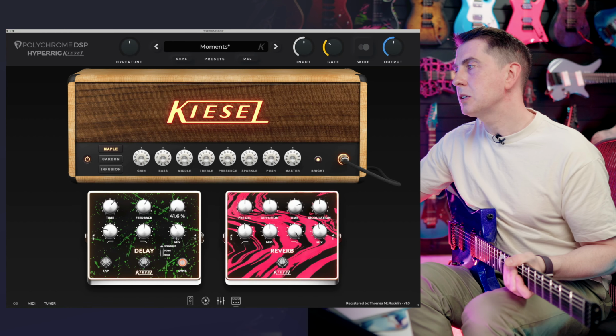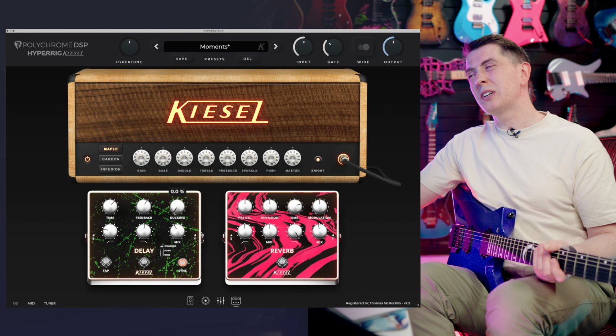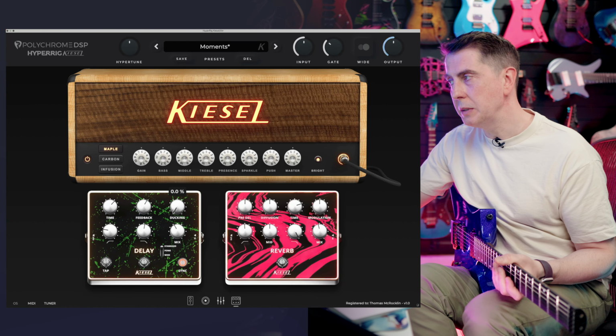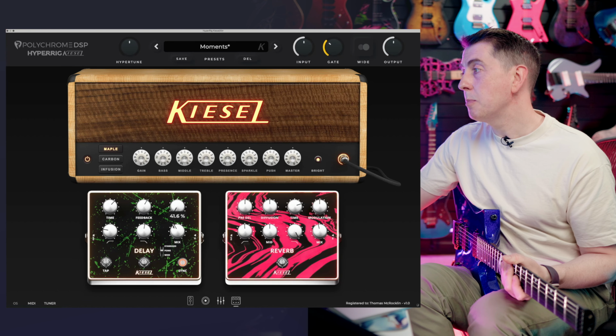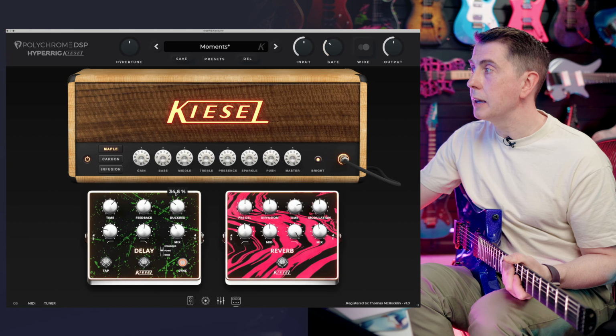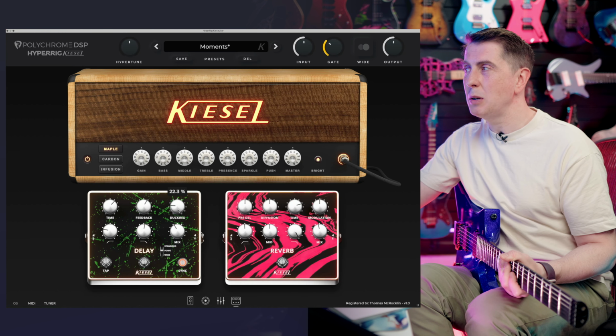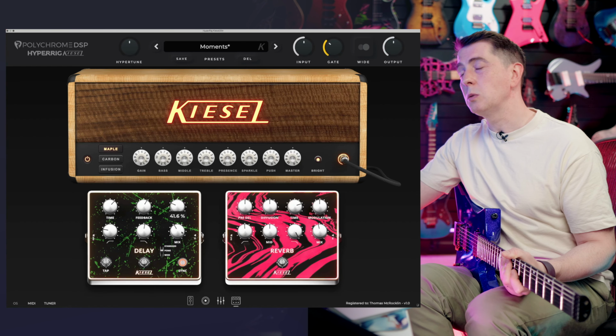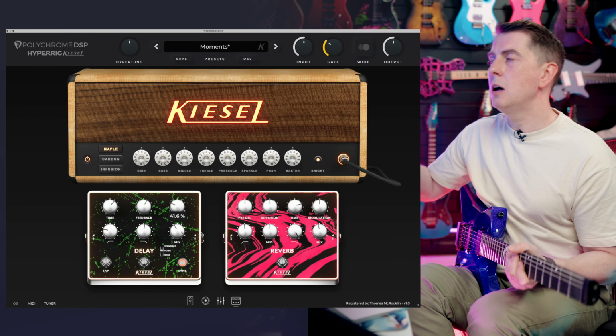Obviously we've got a lot of mix on here and there's no ducking, so it sounds like the type of tone where delay is very much a part of it. But I love to use the ping pong mode personally with ducking, and often I use about 20 to 30% ducking. So even though we have 41% mix here, which is quite a lot of delay still, now with the ducking on,